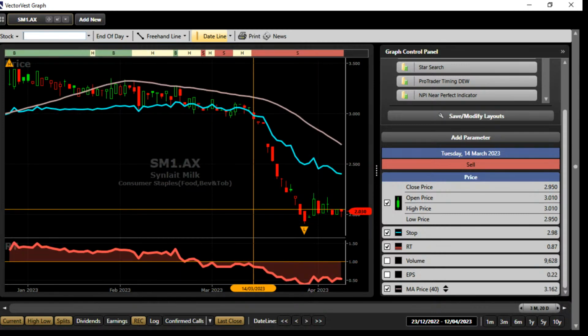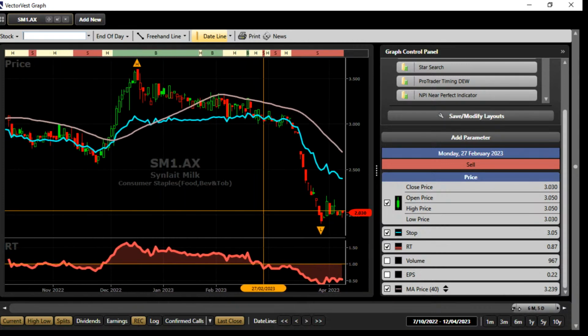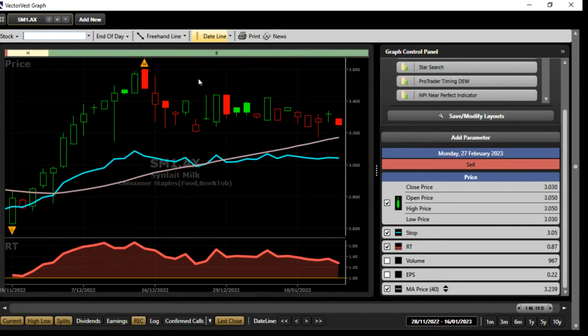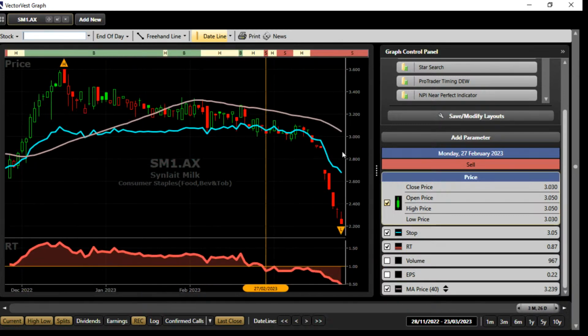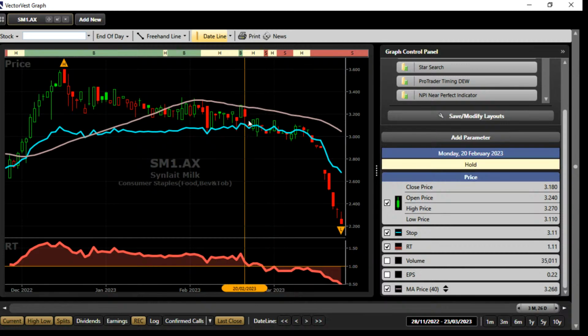Okay. Let's keep moving on here. Another one I want to show you, SM1. This is quite popular with quite a few of our VectorVest subscribers. I've often been asked to analyze the stock. So if you're holding the stock currently, you'll notice that the sell ratings have popped up. So prior to that, we had a little bit of a surge in price, and then we started to see this price slowly starting to fade away, and then eventually through the 40-day moving average,